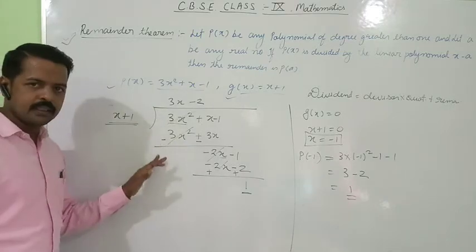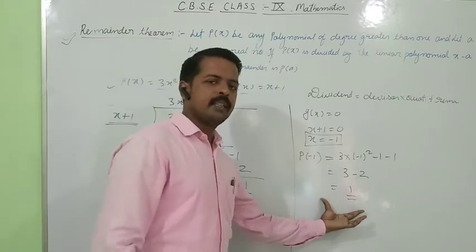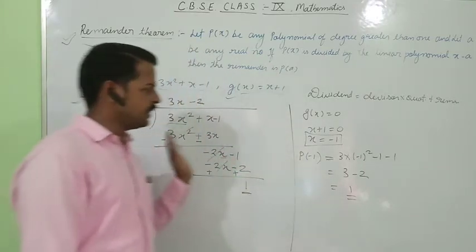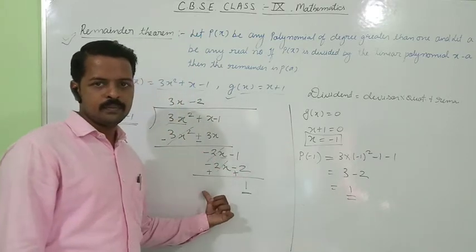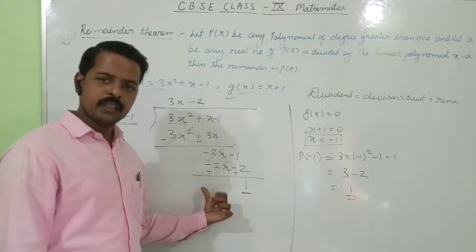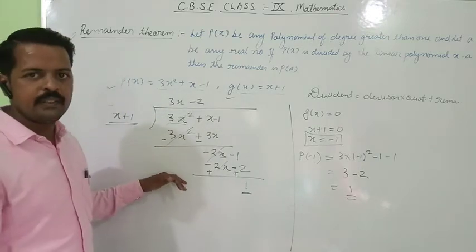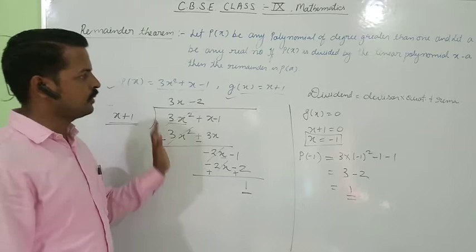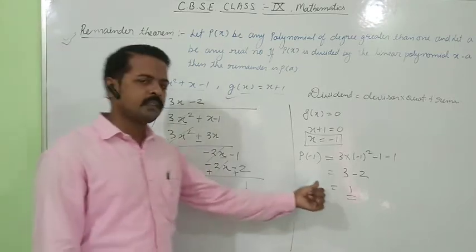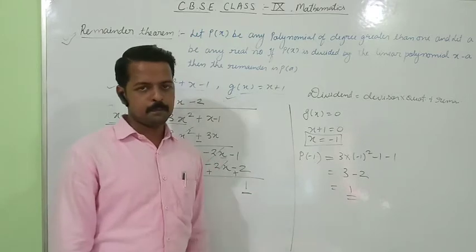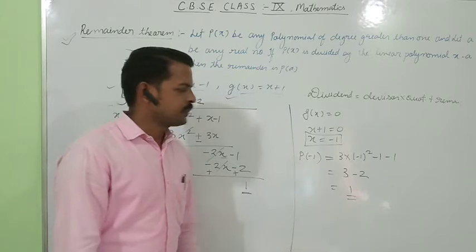When I did the long division method, we got the same remainder, and when we applied the remainder theorem, we got the same remainder. So tell me, which method is easier to find the remainder? I think this method is easier than this one. If it is asked to find the remainder using the long division method, you have to follow that method. If it is not asked to find the remainder by any particular method, then I recommend you all to continue with this method. This is a very easy, more effective method also.